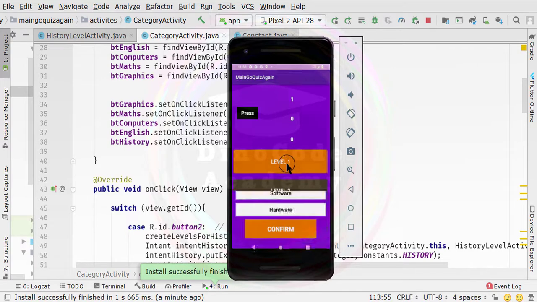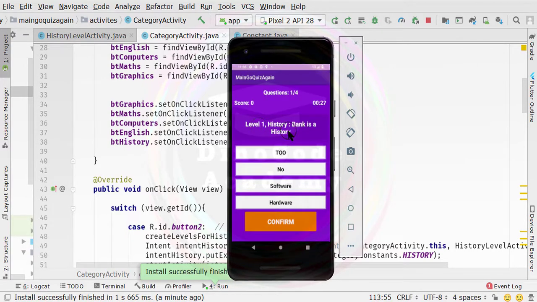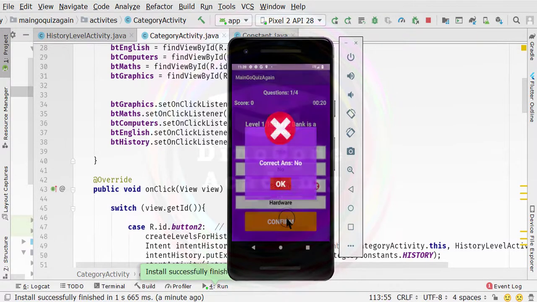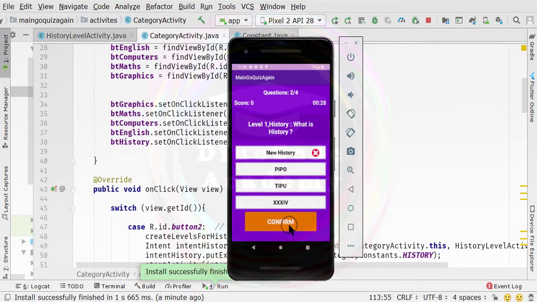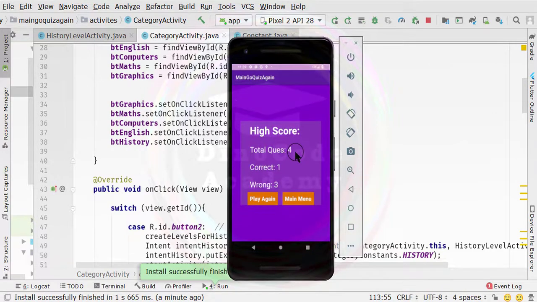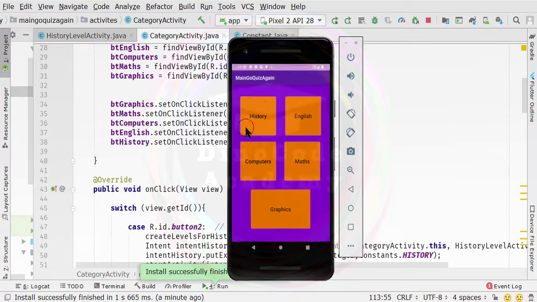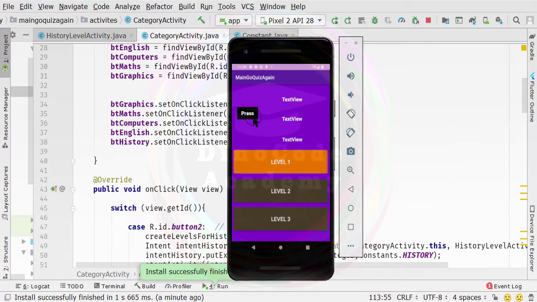Now just start playing the first level. Now you can see it's actually fetching all the questions related to the history category. If I select here what is the correct one, this is actually incorrect. I forgot it. Wrong. The correct answer, so maybe the correct is 1611, and here the correct is actually like hardware, I think, yeah, or maybe 2. So I have actually answered only one question correctly, so it means the level should not be unlocked. If I click on that, then the level is not unlocked, because we have set the logic that when the user answers 3 or more questions, then the level will be unlocked.